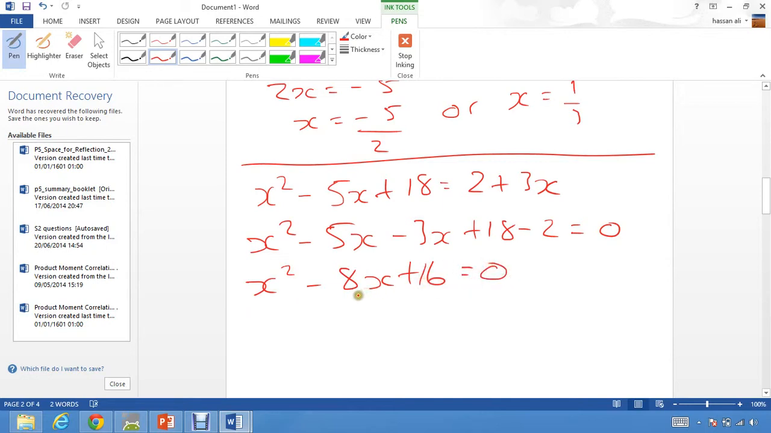Now you should know how to factorize this. When you do that, you get x minus 4, x minus 4. So this is what I said at the beginning: your two roots are the same. So therefore you have one answer. Your x will equal